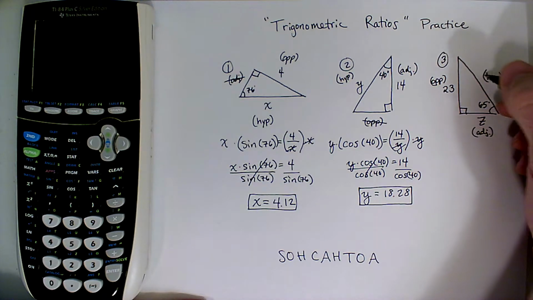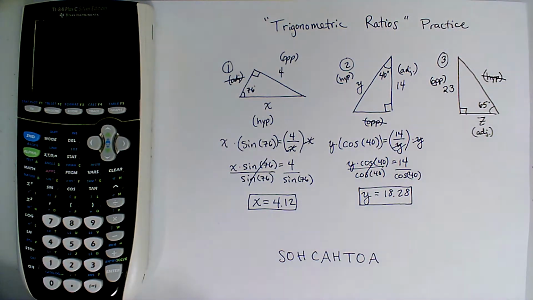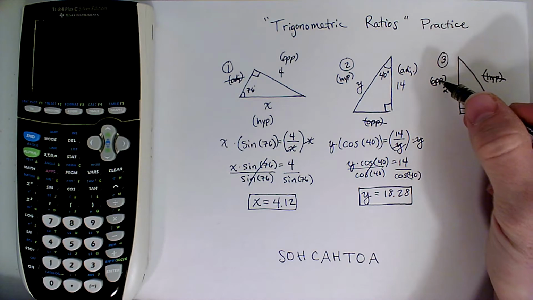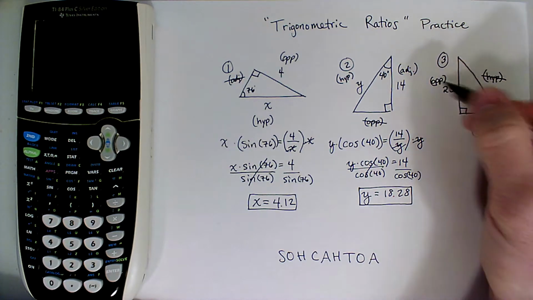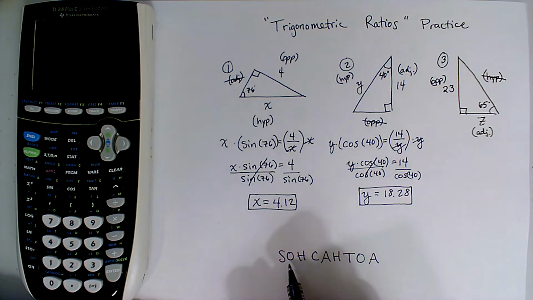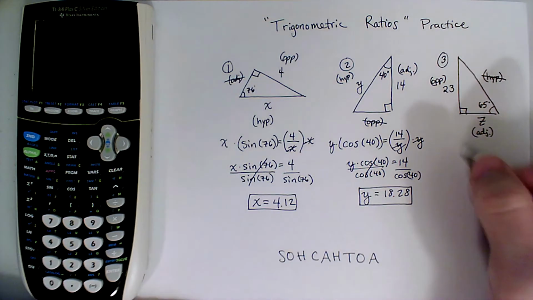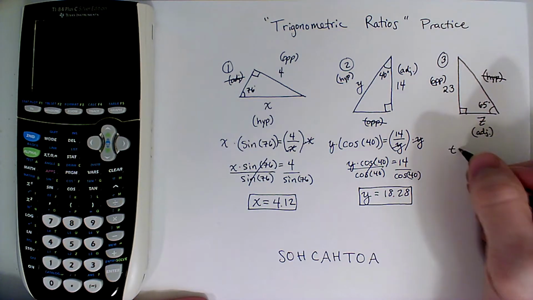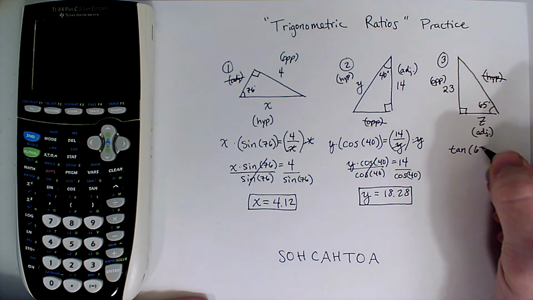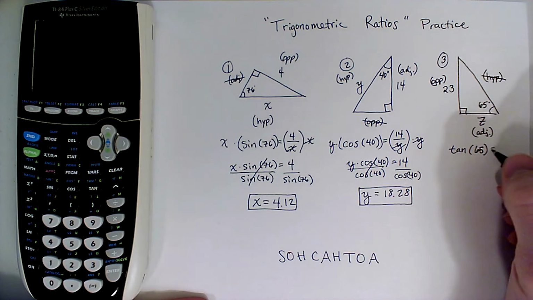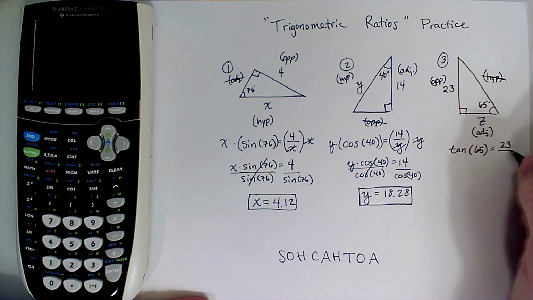So I'm going to write this in here, I'm going to label it, but I am going to mark it out because it's not given to us. So I won't be using the hypotenuse to figure out which trig function I need to use. So on this one, if I'm given the opposite and I want to find the adjacent, I need an OA. So I'm going to look down here. It's not OH because I don't have the hypotenuse. It's not AH because I don't have the hypotenuse. It is OA, so I'm going to be using tan. So I'm going to set up my equation so that it says tan of a 65 is equal to 23